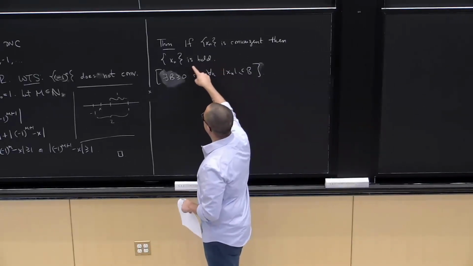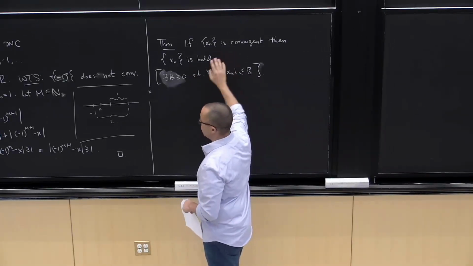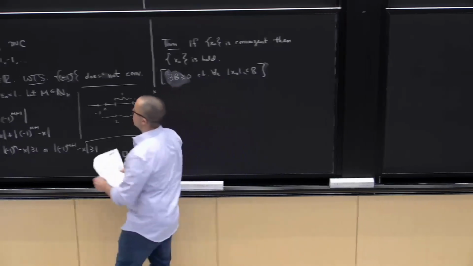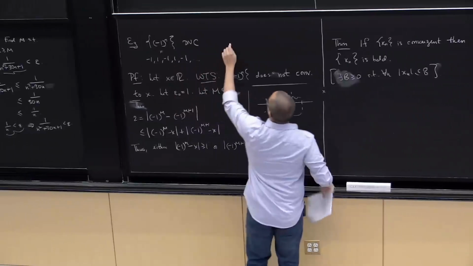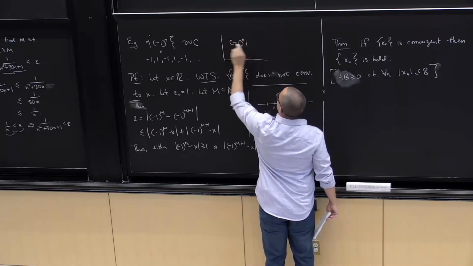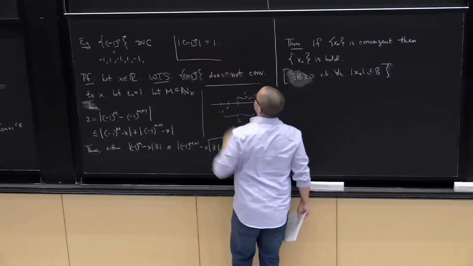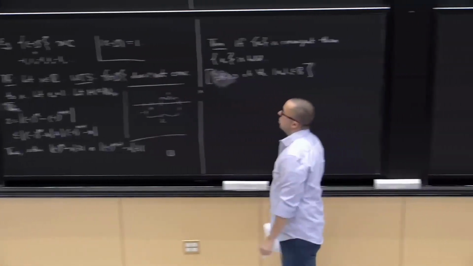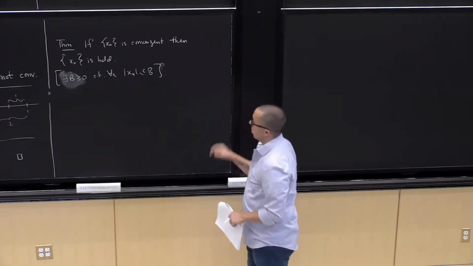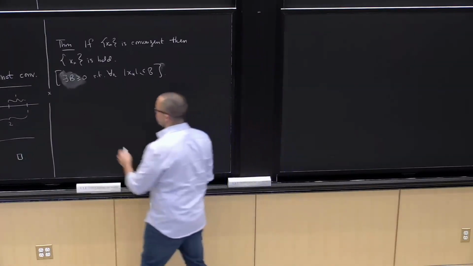If x_n bounded implies x_n convergent, that's false, because we have an example right there of a bounded sequence. This sequence here, (-1)^n, is bounded since in absolute value this equals 1 for all n. So we could take B equals 1. So (-1)^n is a bounded sequence which is not convergent. So the converse does not hold. Okay, so let's prove